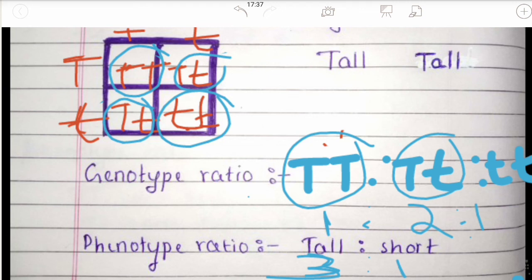When Mendel did this experiment, he also got the F2 generation in the ratio of 3:1. Both tall and dwarf plants were expressed in the F2 generation, meaning the dwarf trait was also found in the F2 generation. That is, shortness was also found in the ratio of 3:1. So even in the Punnett square we have got the 3:1 ratio. We have completely verified the Punnett square with Mendel's experiment. So note down everything from the Punnett square.